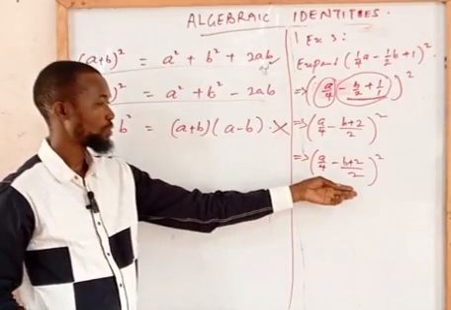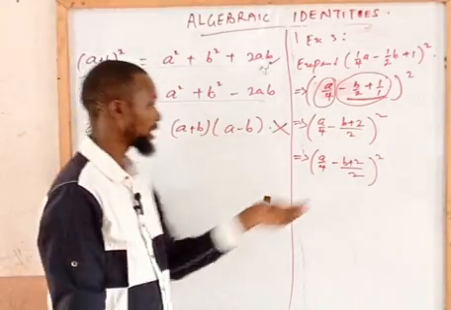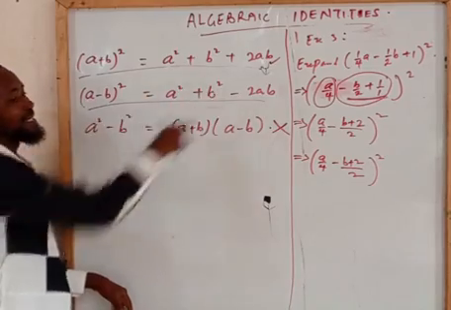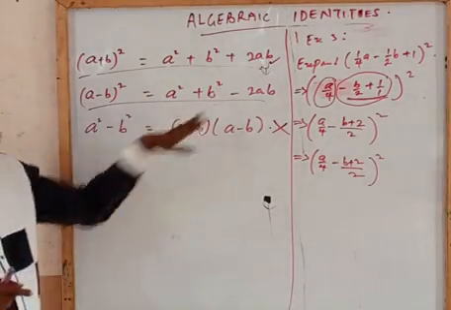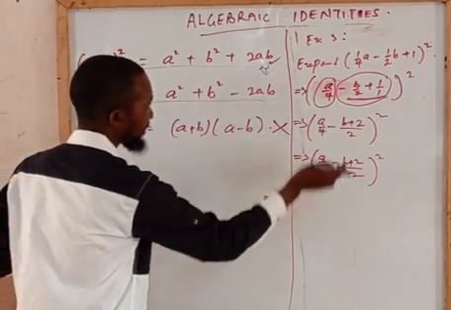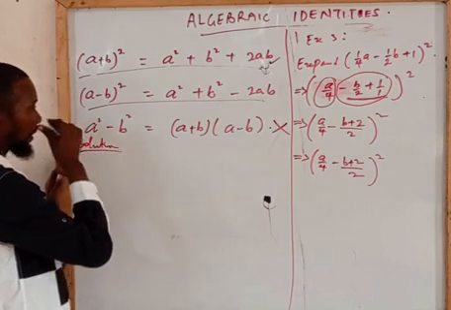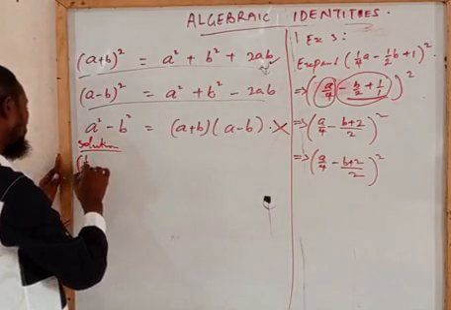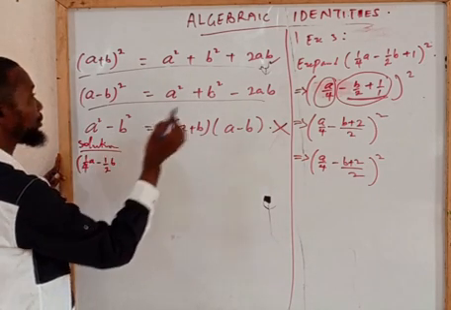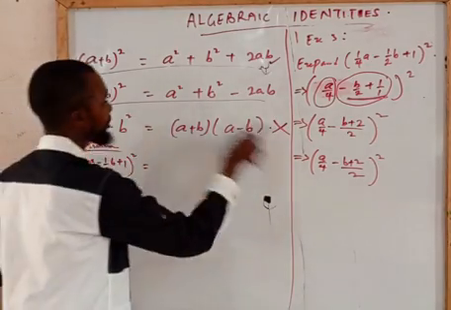So it is easier to work with this rather than working with this. So this is what we are now going to work with. Now we can see that it now has a structure similar to what? To the second identity on the list here. So since the structure resembles this thing, the formula here is what I will just use. In that case, I will now say that what I'm to solve, that is 1 over 4a minus 1 over 2b plus 1 squared is the same thing as, remember the structure is this